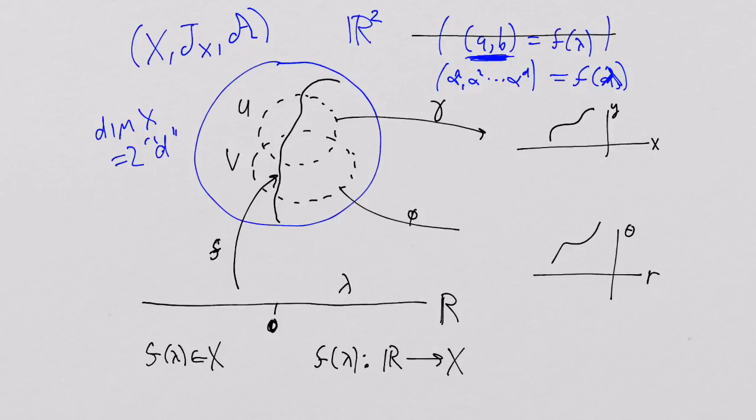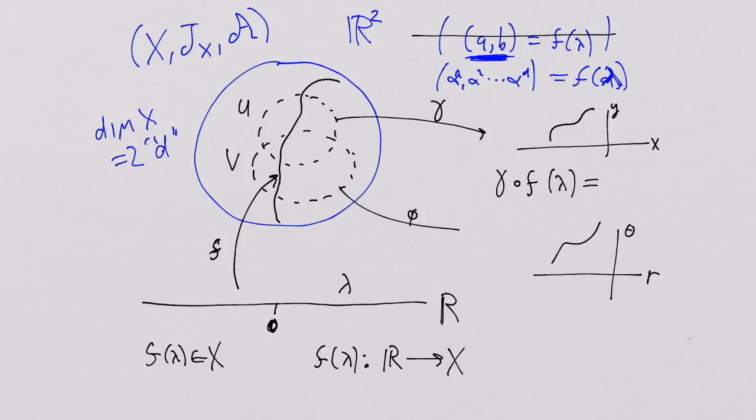What is the actual replacement for that? The actual replacement, of course, is f composed with gamma of lambda. And this follows all the rules we talked about with composition. The domain of this composed function is the domain of the one on the right, and the range is the one on the left, which is over here. So this guy